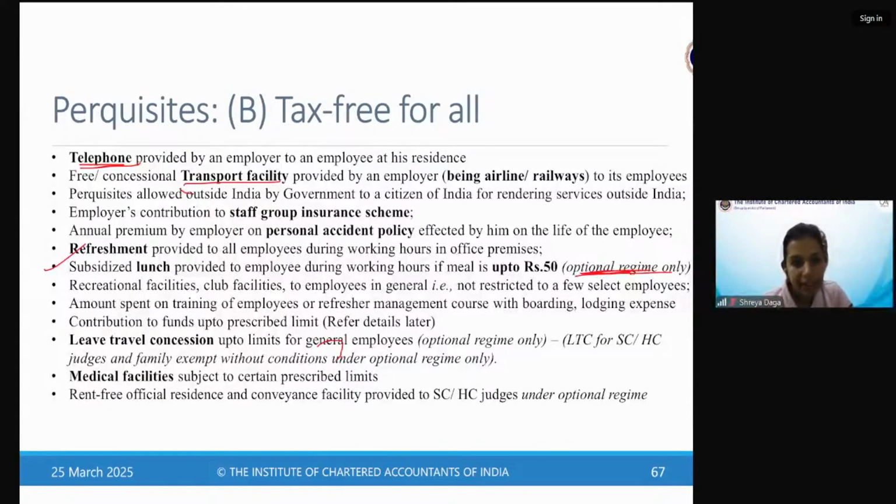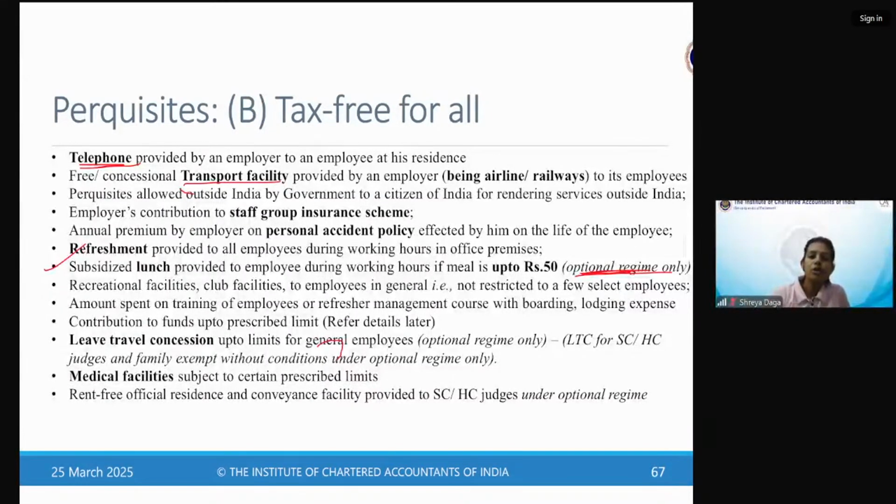All right, next, contribution to funds up to prescribed limit, वो हम लोग बाद में करेंगे, क्योंकि कॉन्ट्रीब्यूशंस आप देखेंगे कि भाई ए नंबर लिस्ट में भी था टैक्सेबल फॉर ऑल, बी नंबर लिस्ट में भी है टैक्स फ्री फॉर ऑल। भाई दोनों टाइप के कॉन्ट्रीब्यूशन होते हैं। जब हम वो पर्टिकुलर पार्ट पढ़ेंगे फंड कॉन्ट्रीब्यूशन, उस समय हम समझेंगे how much is taxable, how much is exempt, ओके। There are both things possible, ओके। लीव ट्रैवल कंसेशन,